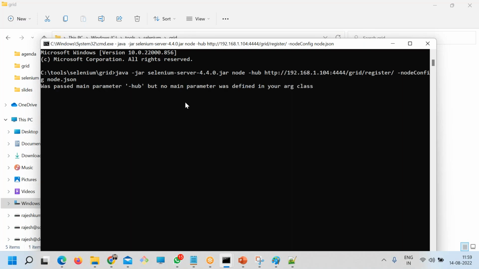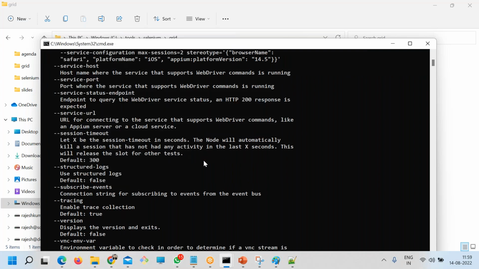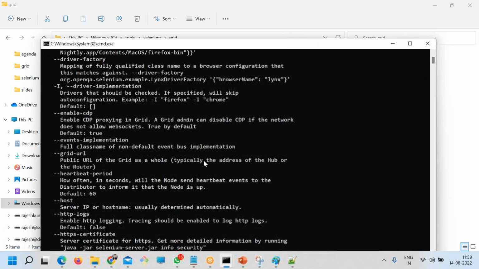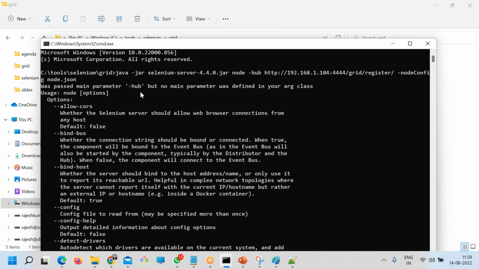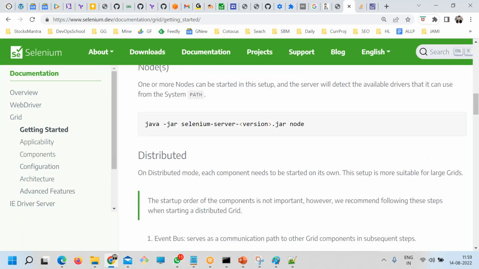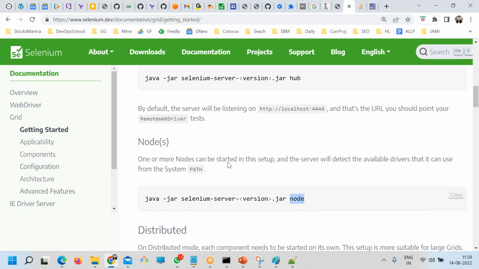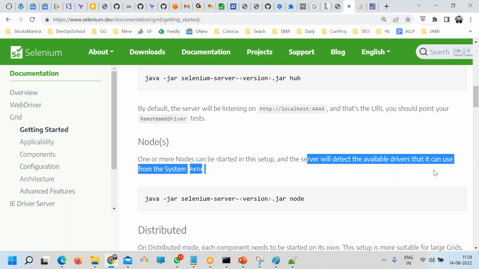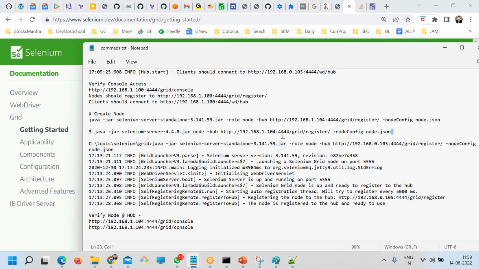So this will register one node. Okay, there's a problem I think, or not. Let me check this. Okay, the problem is, this parameter is not at all defined. That means it's not needed. So I think let's go straight forward with this command only. Okay, so one or more nodes can be started in this setup. The server will detect the available driver that can be done. So let's do this. Changes have happened, so I just don't need this here. Done. So I'll just run this,